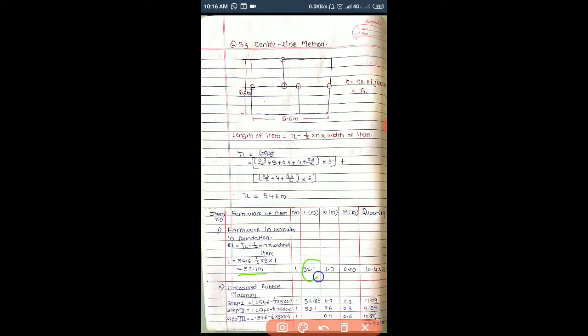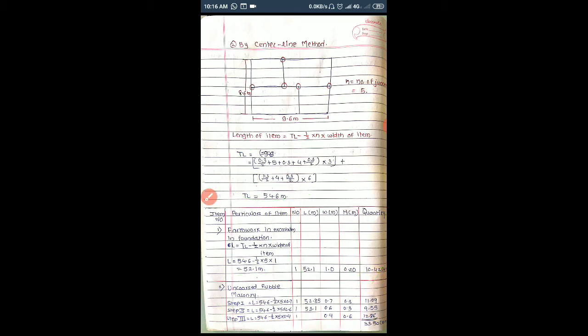We'll keep it over here. Number we will keep as 1, because the number of walls has already been considered in the calculation of this total length, so we don't have to consider the number of walls again. Width is 1 and height is 1.2 here. So we get the quantity of earthwork.